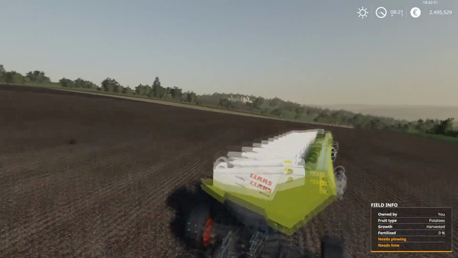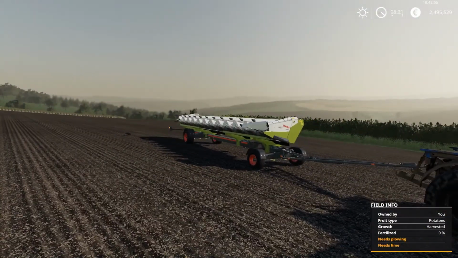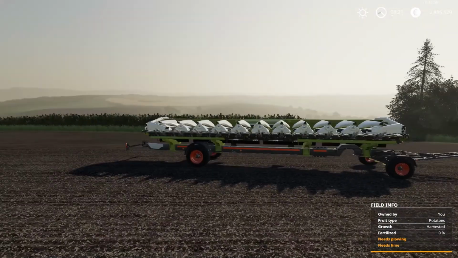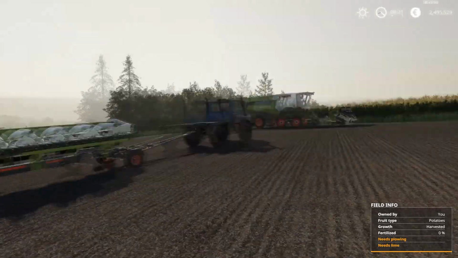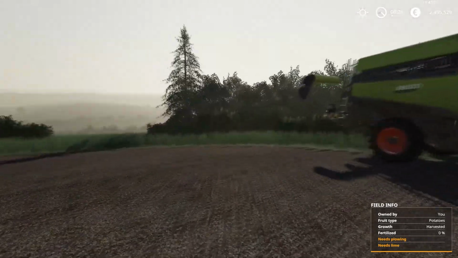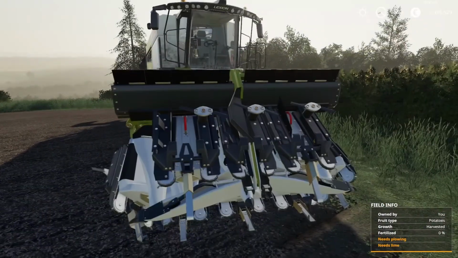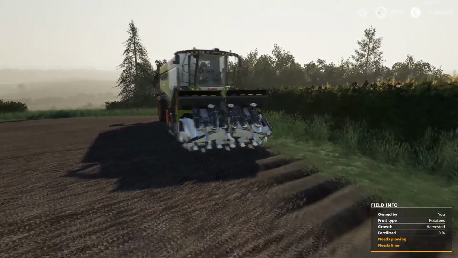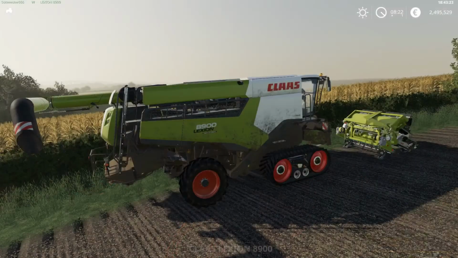This is the Claas 1275. This is the 9 meters wide. I think it's 12 row. Anyway, I leased it and I ended up buying the smaller one for two reasons. One, I'm that cheap, literally, and two,